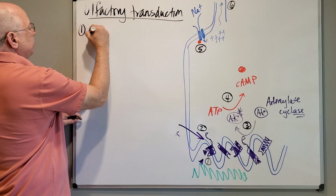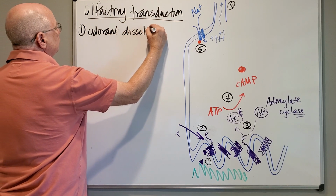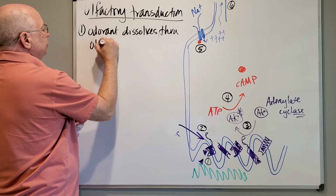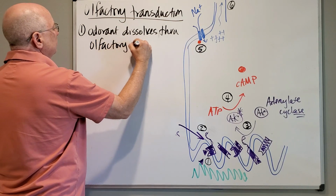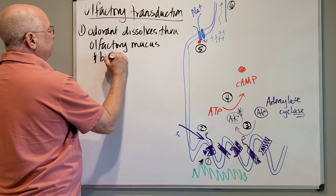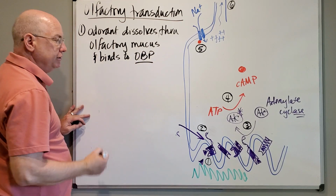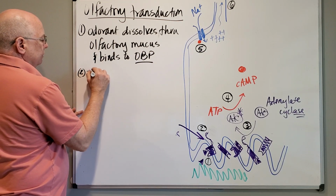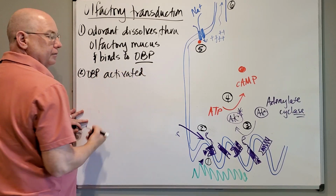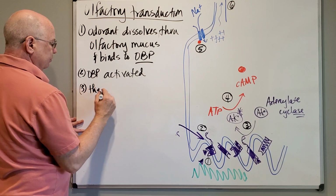In the first step, an odorant dissolves through the olfactory mucus and binds to an odorant binding protein. I'm just going to put OBP for odorant binding protein. The odorant binding protein is activated. This activates,